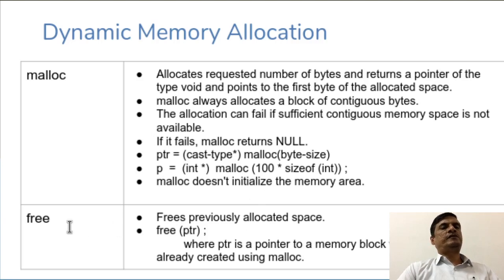Another important function is free. If in any C program you have used malloc, then definitely you must use free at the end of the program, which frees the allocated memory. If you do not use the free function, you do not release that occupied memory, and hence it cannot be used by any other program at all. Even though the program exits, the memory will remain occupied by the named pointer variable. Hence no other program will be able to use that memory, so it creates a memory leak if you do not use free.